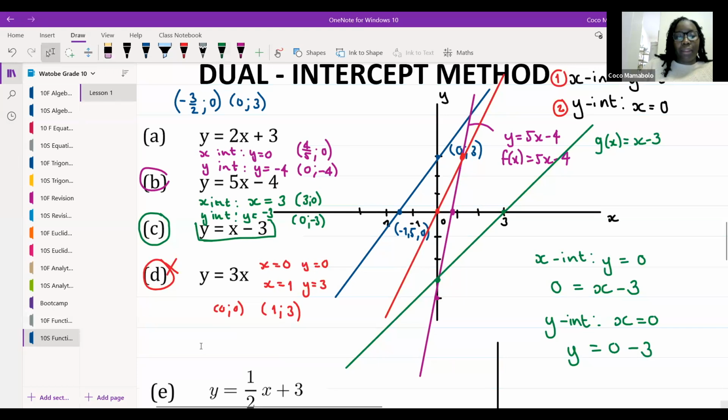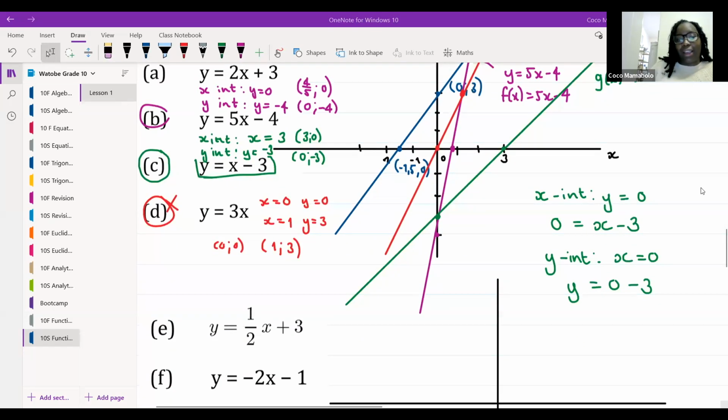Okay. Akaham says, why do we choose another value? Here is why, Akaham. If I use the x-intercept, and I say y is equal to 0, I'm going to end up with 0 is equal to 3x. And then I'm going to divide by 3. So x is going to equal 0. Do you see how my first coordinate is 0, 0? Right. Now, Akaham, remind me,